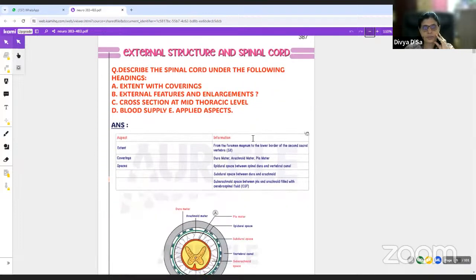Okay, so how to describe? The question can be asked as: describe the spinal cord under the following headings: extent and coverings, external features and enlargements, cross section at mid thoracic level, blood supply and applied aspects. When a question is asked like that, you have to answer each part. So here, extent. It is from the